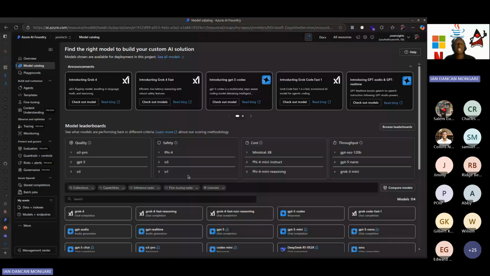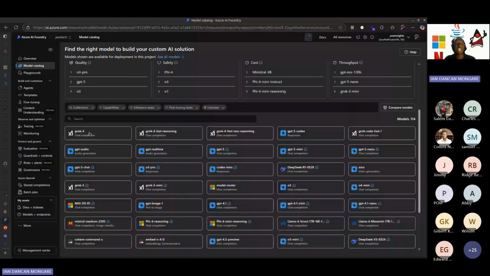We have Grok. I've played around with Grok. We have GPT real time for audio generation. We have chat completion, this is GPT-5. We have Codex Mini. We have Model Router. We have various models, and how you can filter them out is